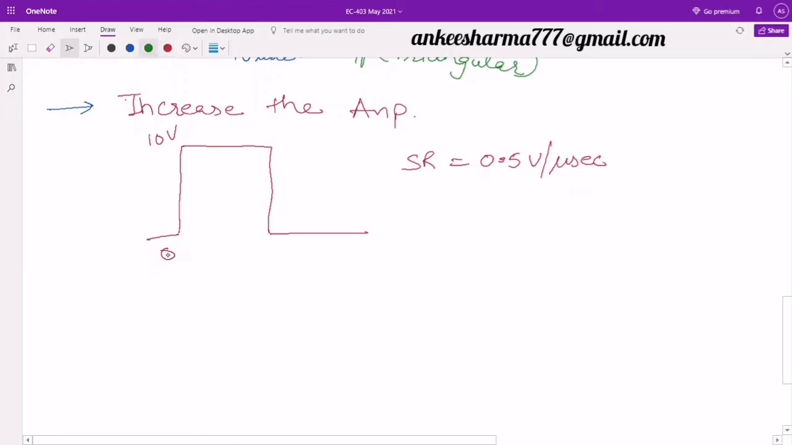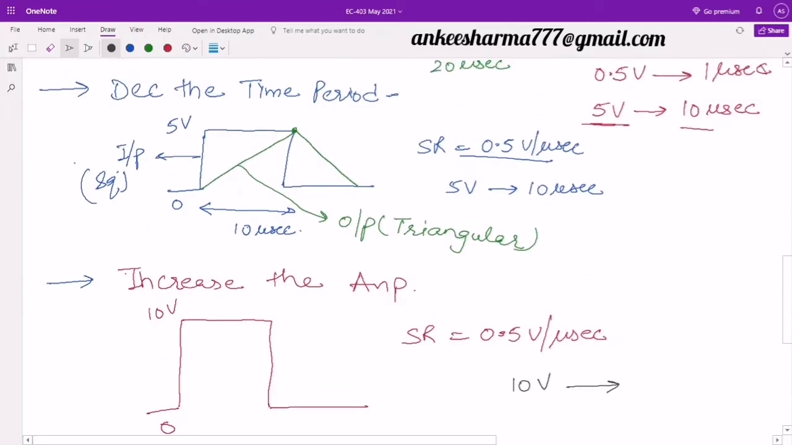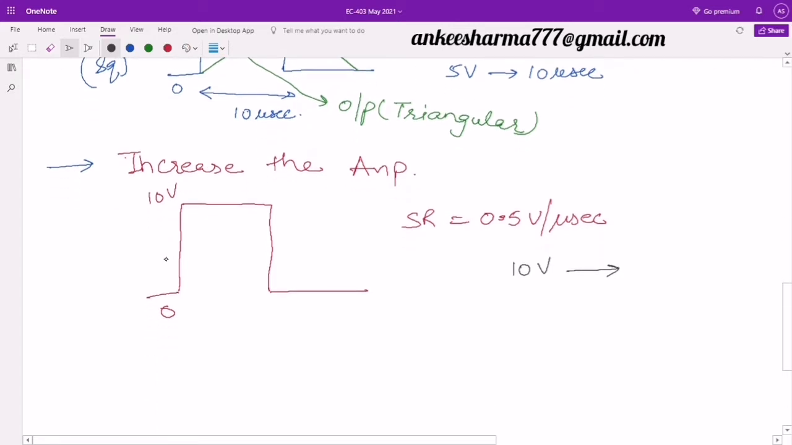Now if this is the case, then definitely for a change of 10 volts I need... 5 volts के केस में कितना था हमारे पास, you can see here 10 microsecond, तो definitely 10 volts के केस में कितना आ जाएगा, 20 microsecond. So I need 20 microsecond of time. You can do these calculations. So it means to change its value from 0 to 10 volt, it needs 20 microsecond. And if I assume this duration to be the same, that is of 10 microsecond,